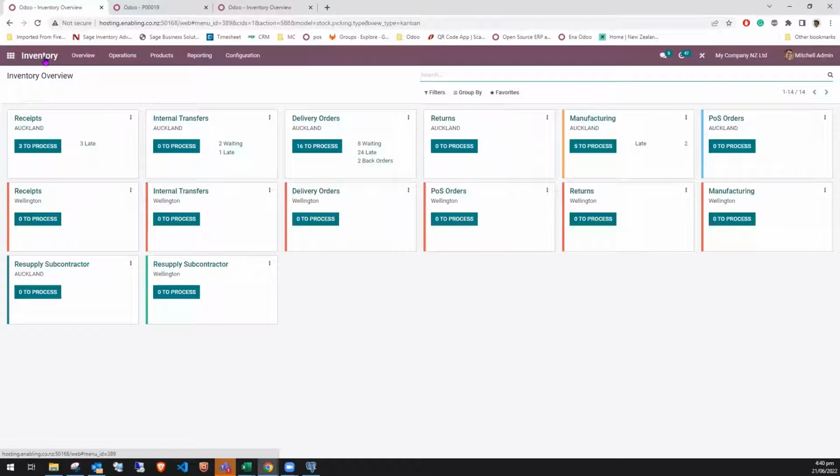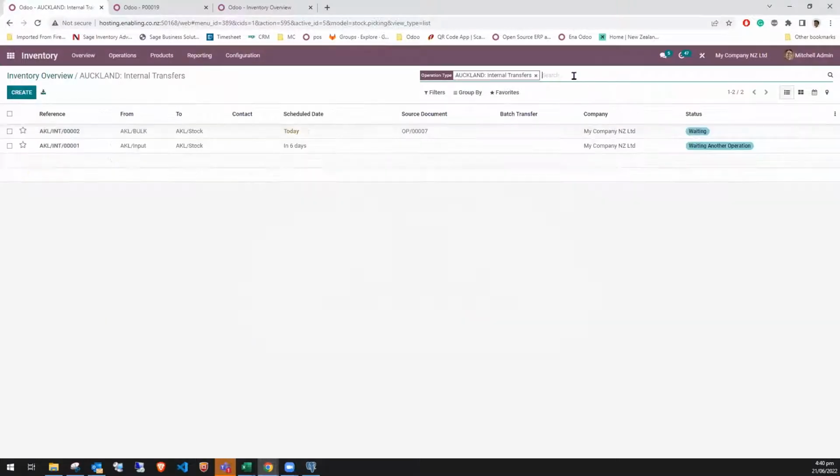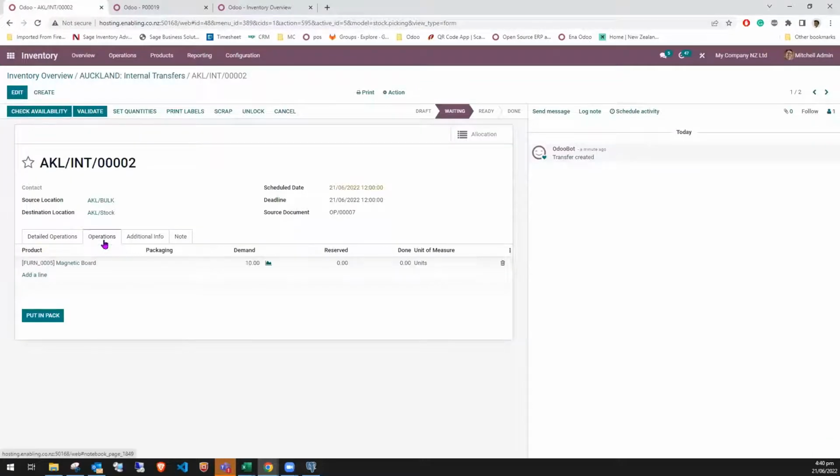So if I go into inventory now, I can see there are internal transfers. There are 2 internal transfers waiting. So if I go in there and if I take the ready mat in here, there is one that is created now and is waiting. And what this is doing is it is saying you need to take this magnetic board, 10 quantities from bulk to the stock location. And this was created just a minute ago, as you can see, when I had run the scheduler,